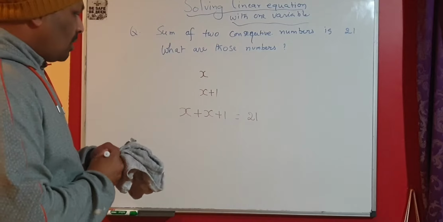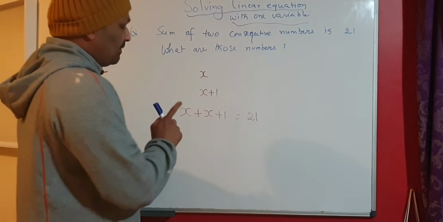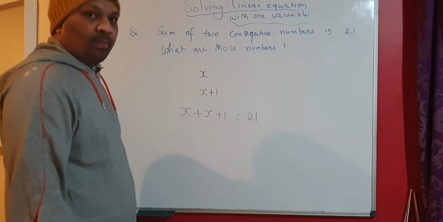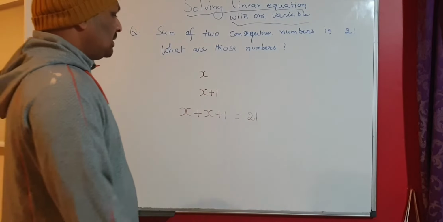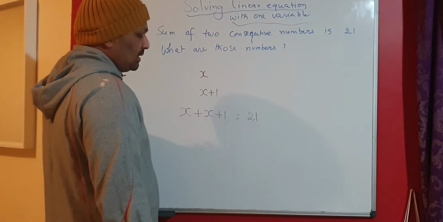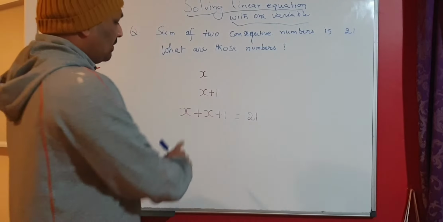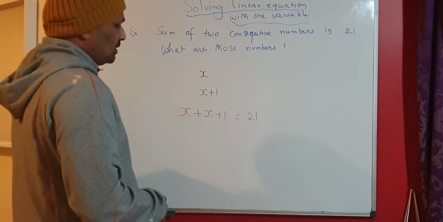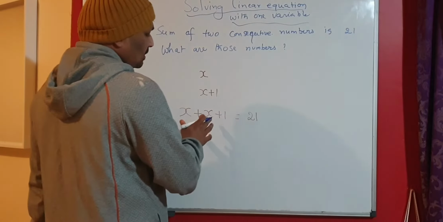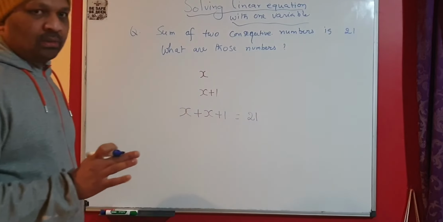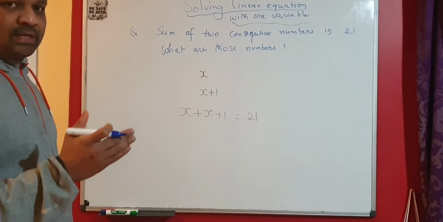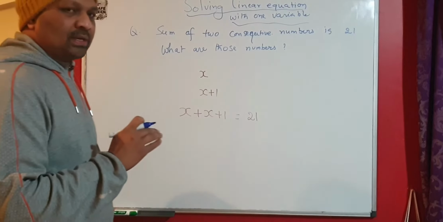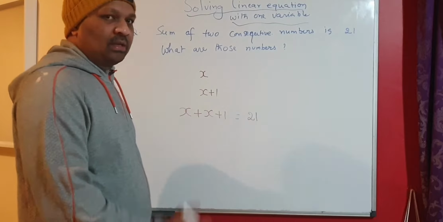Now we got a linear equation that is having one variable in it. The variable is x, there is an equal to symbol here, and the power of x is 1. So we can solve this one. Again, you try to bring the terms that are having variables in it to one side of the equal to symbol, and the terms that are having constants in it to the other side.